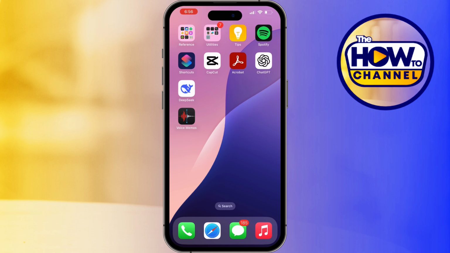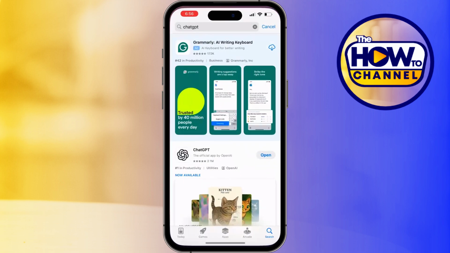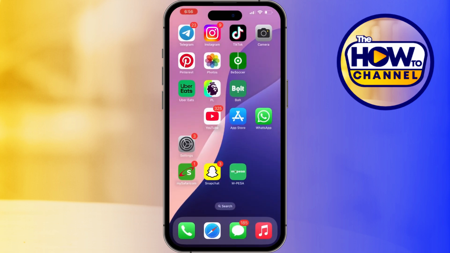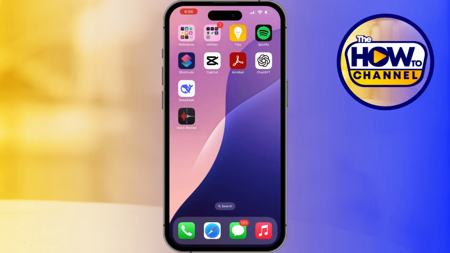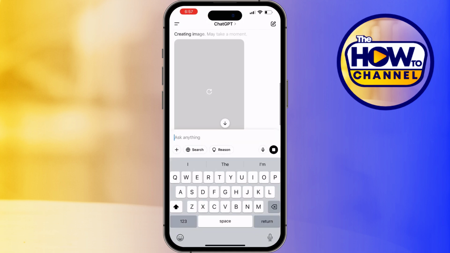So number one, go ahead and install ChatGPT on your phone or your computer. You can also go to just chatgpt.com. You can also go into the website as well. Once you have it, the next thing you're going to want to do is open up the application or open up the device. So then when you are here, what you're going to want to do is go ahead and